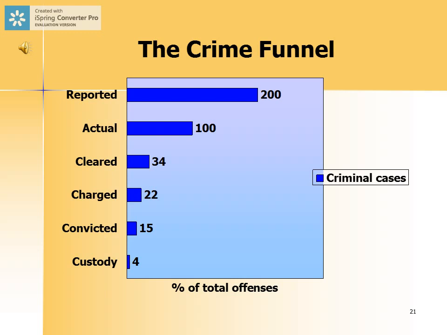The charge is basically withdrawn. Of those that are charged, only 15 are actually convicted in court, which means that, again, the vast majority are acquitted. And then finally, of those 15, only 4 actually serve any kind of custody, ever go to jail. So out of the 200 cases that may be reported to police by the public, or in which the police identify themselves, only 4 of those ever go to jail. And again, this is a reflection of the criminal justice system, where the vast majority of crimes are undetected, and the vast majority of criminal offenders never go to jail.